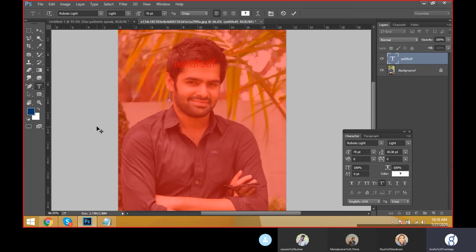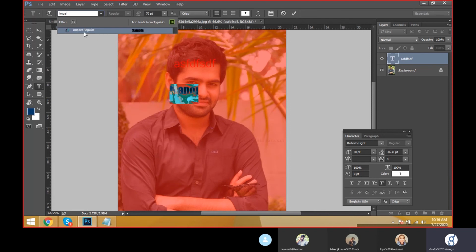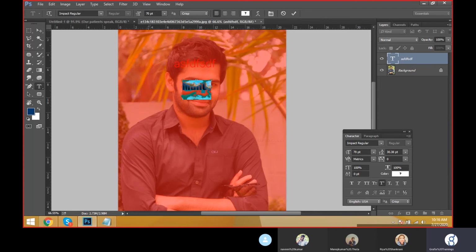Okay, here I just go with some text. Select the text and choose some bold text. You can take a bold font, some Impact. I just took some Impact text and increased the font size to 65 or 150. Select the text. See, the text is visible on the image. It is visible. The text is visible on the image.